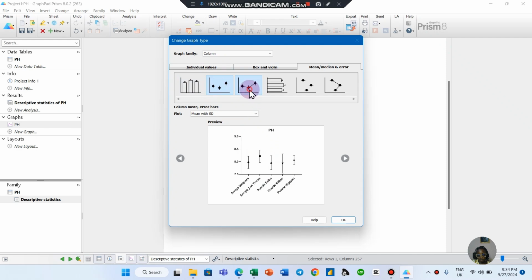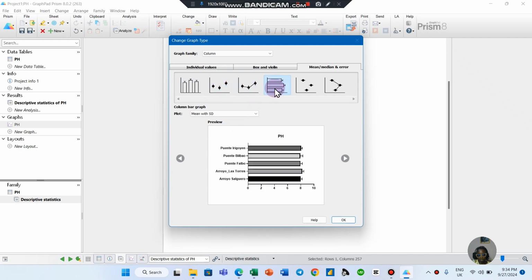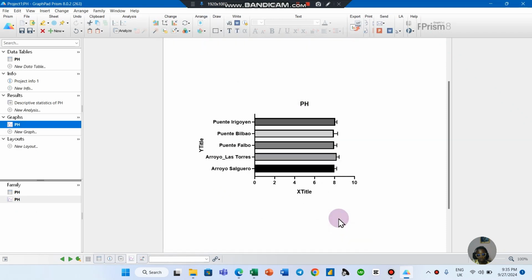You can also check for other options depending on what you want. Maybe we want to go with this one now. So we are presently plotting mean and standard deviation. You can decide to plot mean and standard error of mean. So I think mean and standard deviation is good in this case. Then clicking on OK now, this is our chart that is showing the mean of pH across the different